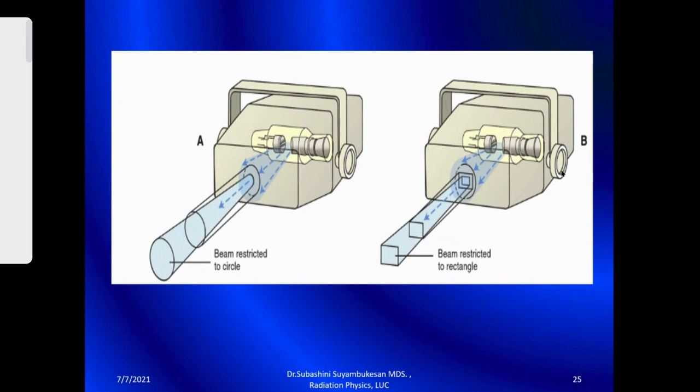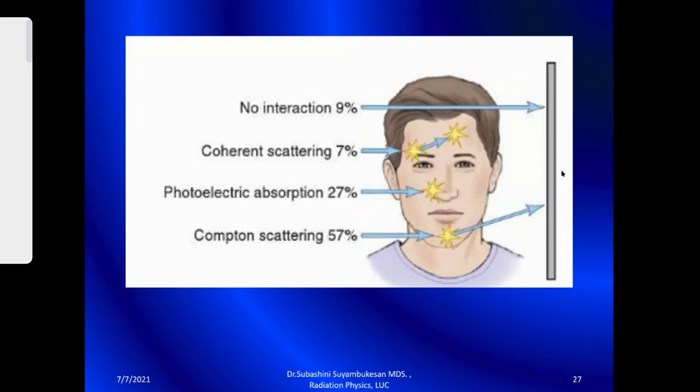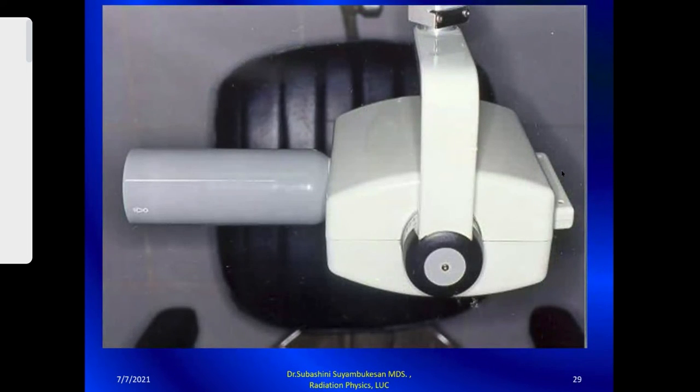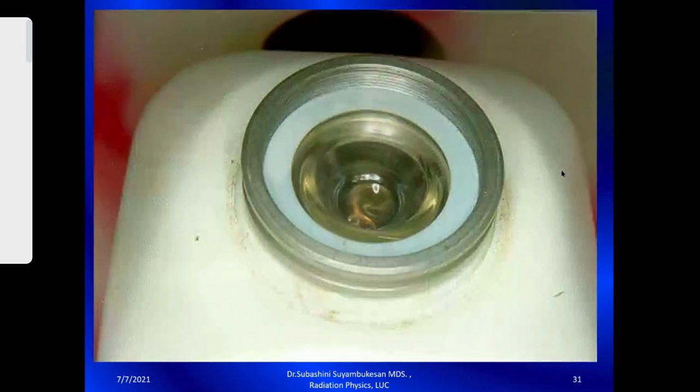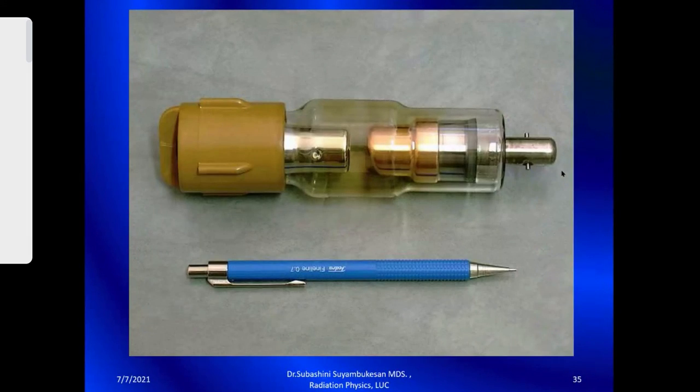Okay, so one of the things is collimation. The best collimator is circular or square? Square. Very good. Okay, right. So this is called the position effect. Okay, greater the distance, lesser is the intensity of X-ray. Okay, and this is the percentage of different scattering and absorption. Okay, so I want you all to know that this is the normal X-ray unit in our college. Okay, when you remove it, this is how it will be, very small size. Okay, clear?